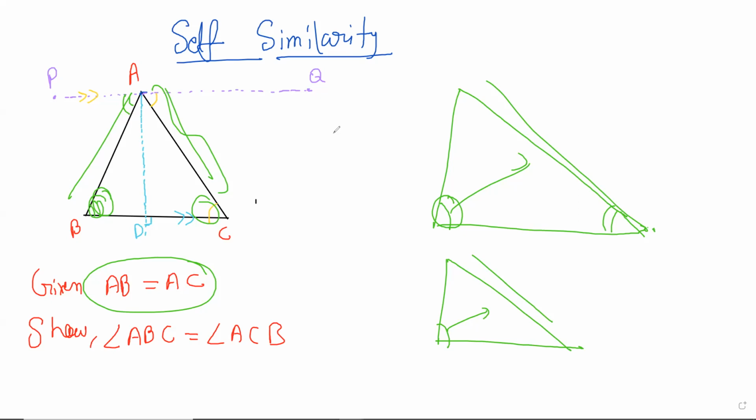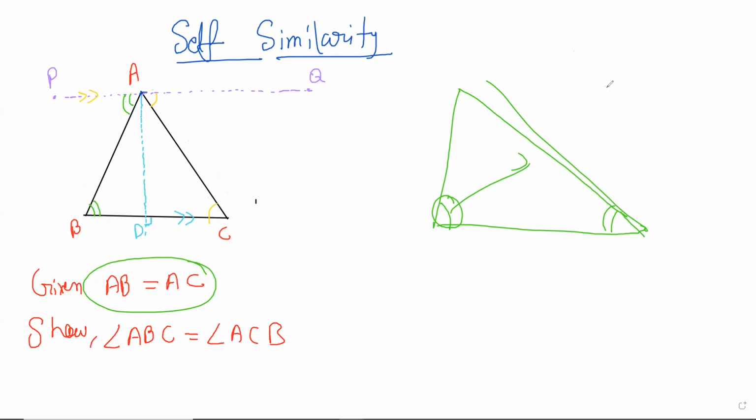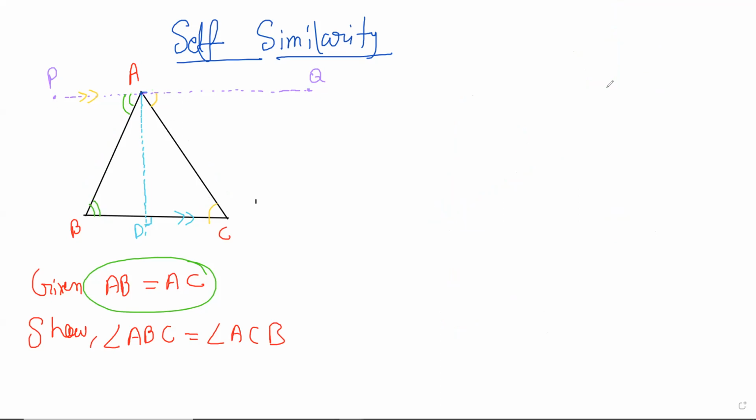Because if you think about it, this theorem itself is quite intuitively apparent, isn't it? That if these two sides are the same, then these two angles better be the same. You can just say bisymmetry, and that word gets thrown around all the time. It is acceptable, but we should be able to clearly prove it when needed. This is not a proof, but it's a very good explanation. As far as understanding is concerned, this is very clear, but writing out a proof may be a little difficult.